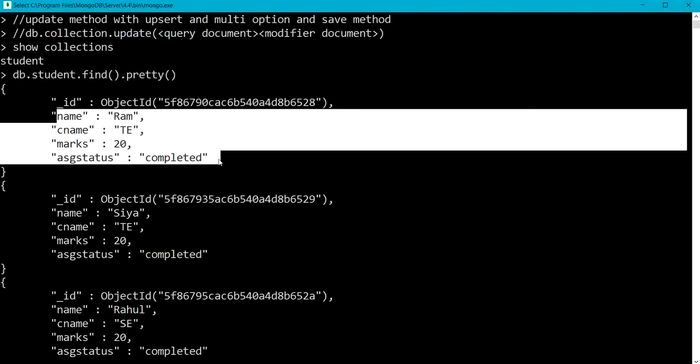Here I need to update marks of those students whose assignment status is completed. So my query criteria is assignment status completed, and the modifier document sets the marks of the student.